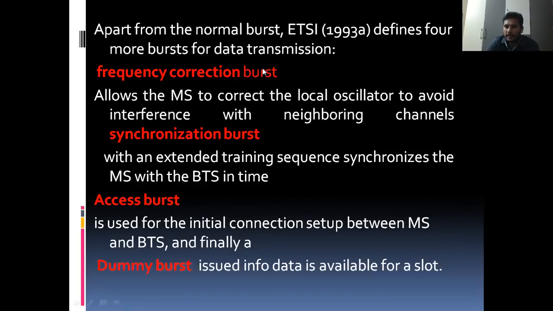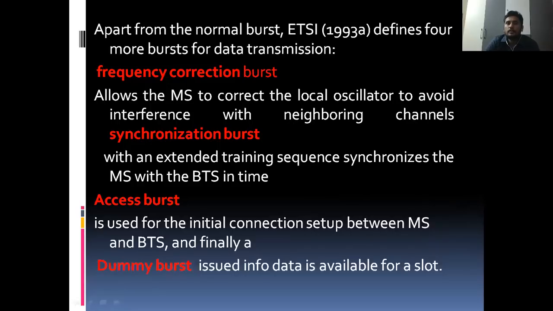How will the data be transmitted? Generally, there are 3 bits for the tail part at the start and 3 bits at the end, but here another 4 bursts are there. The frequency correction burst allows the mobile station to correct the local oscillator to avoid interference with neighboring channels.